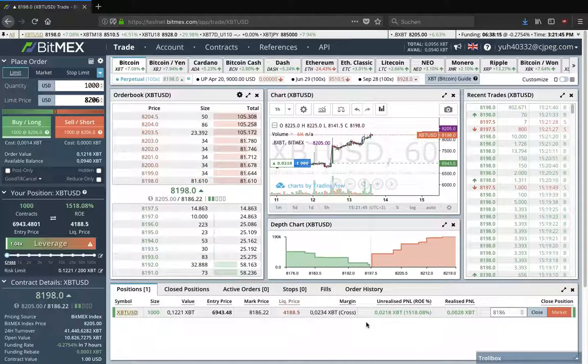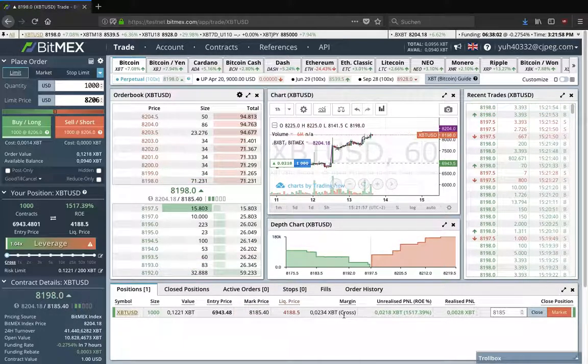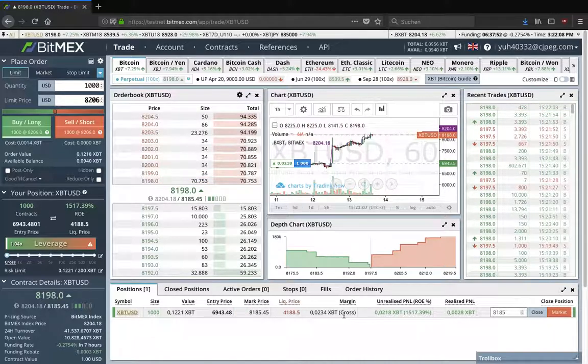If you are new to trading, I wouldn't recommend using cross margin, because then you are more likely to lose a lot of money because you haven't set your stops right. But if you're more experienced, I would recommend using cross margin, because BitMex automatically does the legwork for you, and you don't have to calculate how much money you are losing. So yeah,